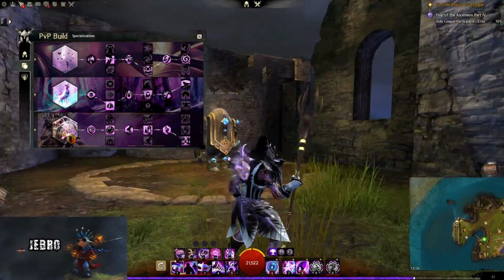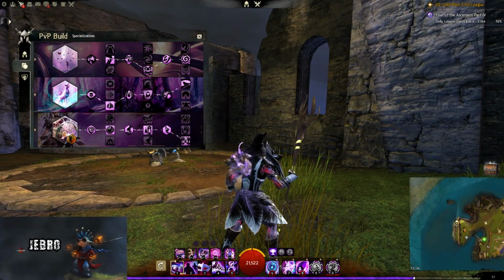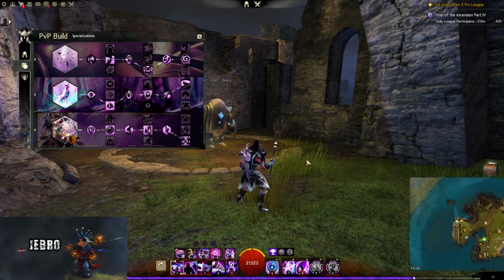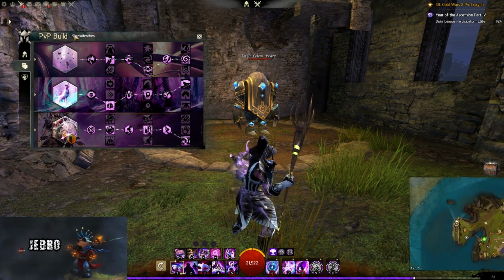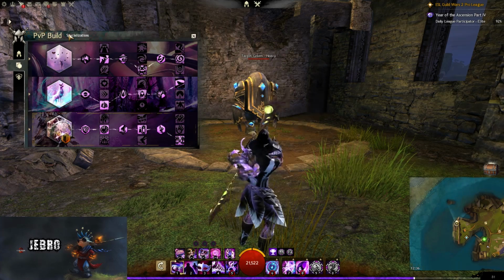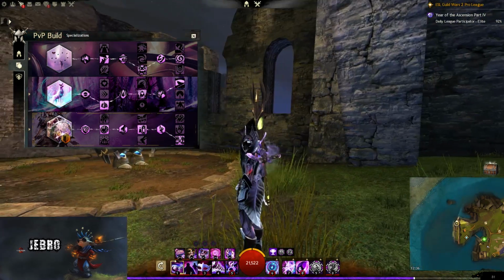Hello everyone, this is Jebro, and today I'm going to be going through the Mesmer build for the meta of the EU at the moment. Obviously this could change over time, but Season 1 has been and gone. Season 2 is here, and a lot of Mesmers are currently playing this build at the moment. What is it about? What is it called? Well, I don't know what it's called exactly, but I'd say it's just a conditioned Mesmer, which can bring back